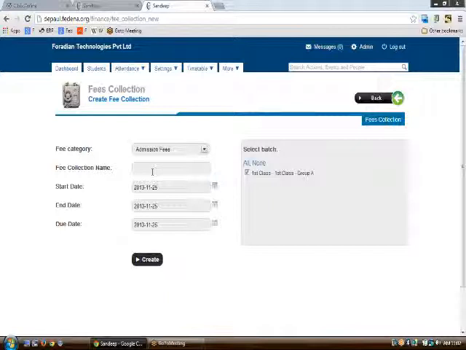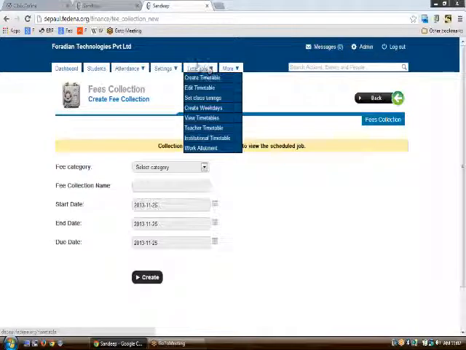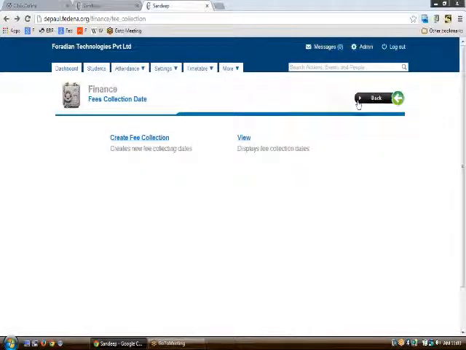Let us say I'm marking this name as November end collection, and I'm clicking create. The fee collection will be created. Moreover, you can view different fee collections from the view link here.